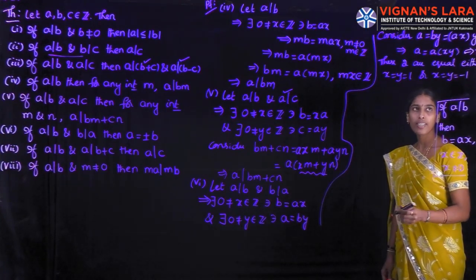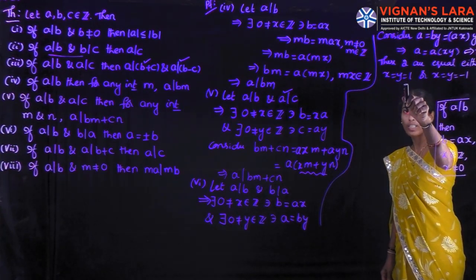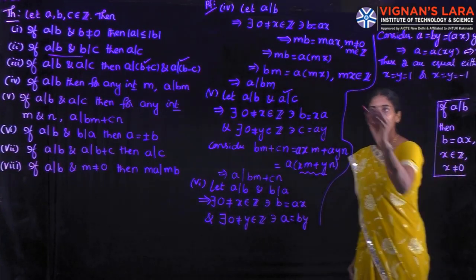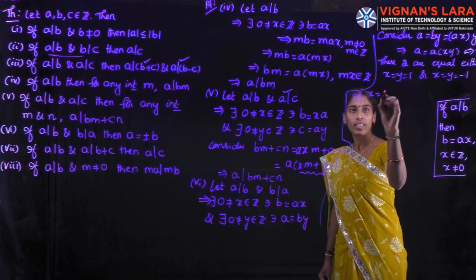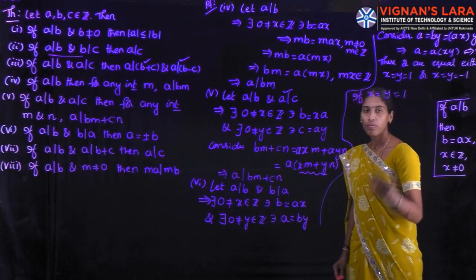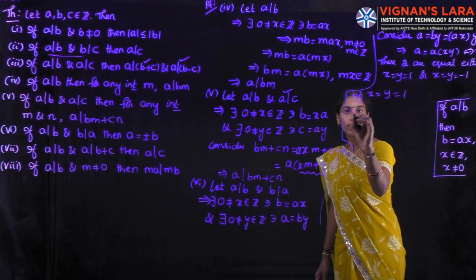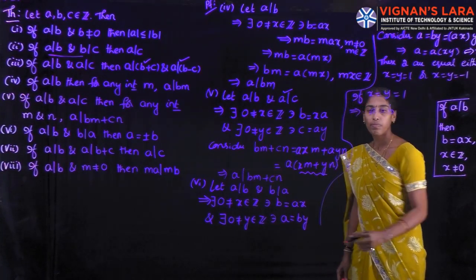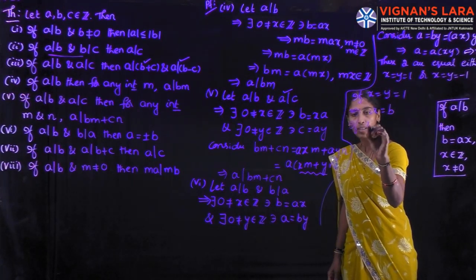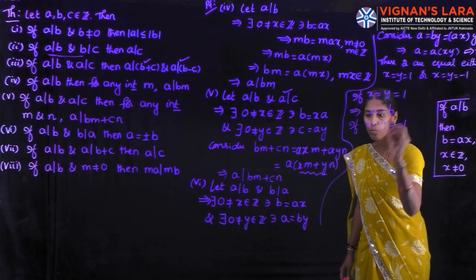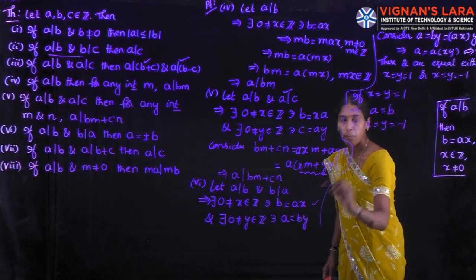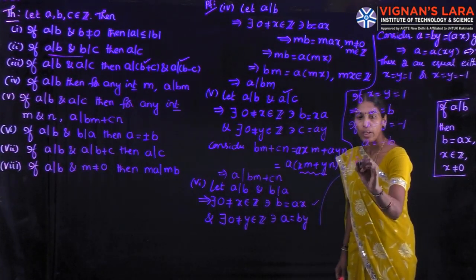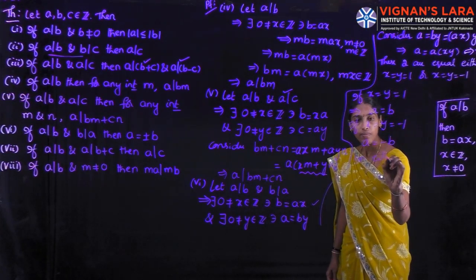When xy is equal to 1, either x equal to y equal to 1 or x equal to y equal to minus 1. If x equal to y equal to 1, we get A is equal to B. If x is equal to y is equal to minus 1, from this statement we get A is equal to minus B. So in either case,